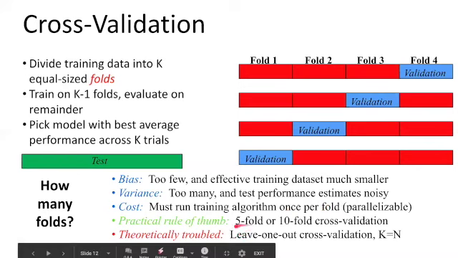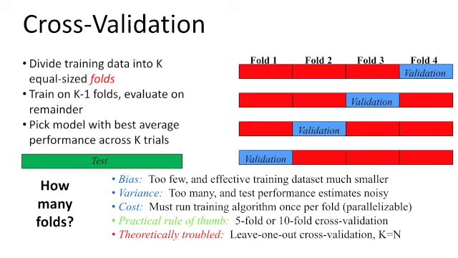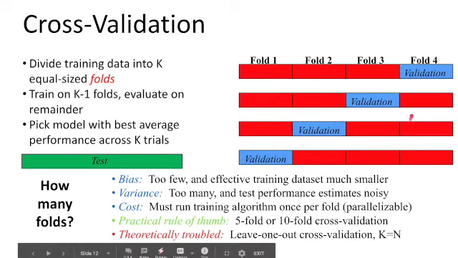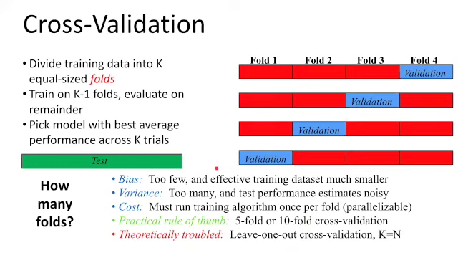You can also do another extreme called leave-one-out cross-validation. In that case, you use all data but one for training, and you evaluate the performance of that model only on the one sample. Clearly, that has a lot of variance in evaluating the performance. But the idea is that in the end, you average performance across different folds, and you get an average performance of your models. In many cases, it turns out to be a reasonable assessment of your